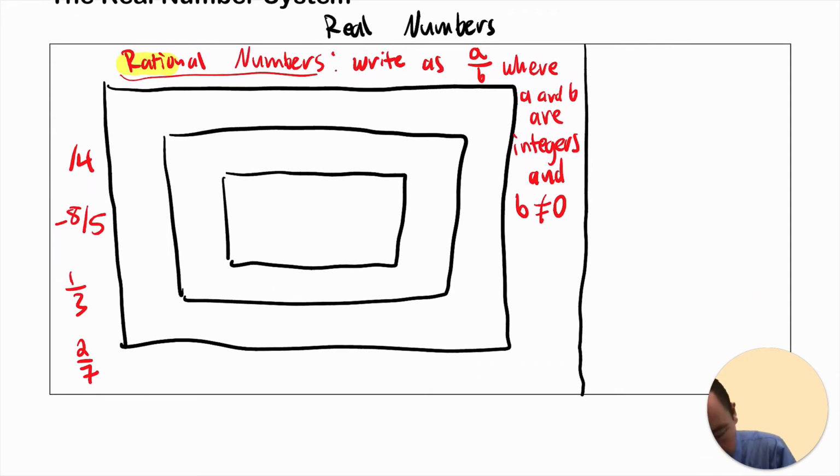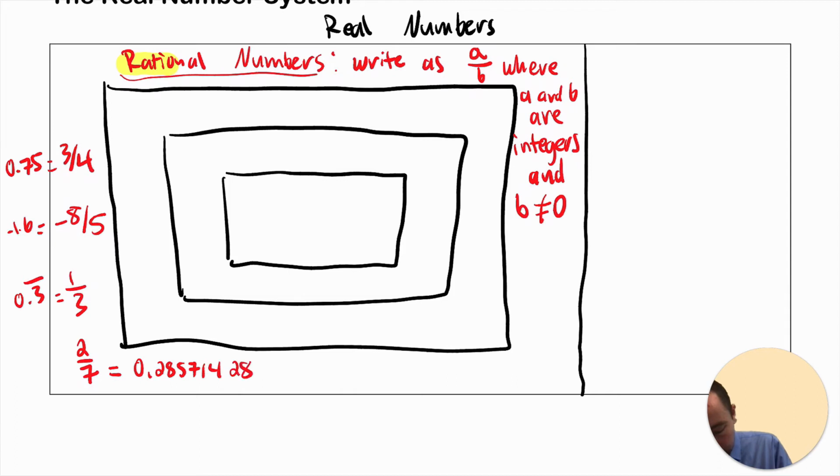So with 3/4, it's 0.75, right? And with -8/5, it's -1.6 as a decimal form. And then 1/3 is 0.33333, repeating. And then with the 2/7, it turns out that it's